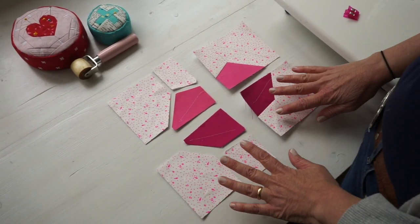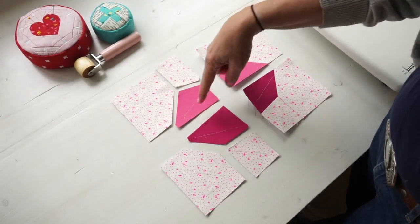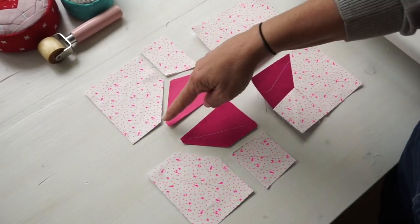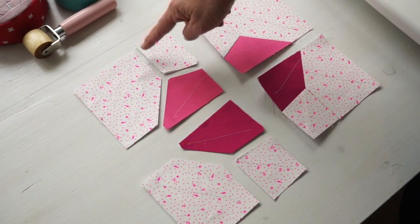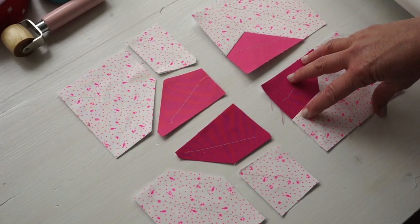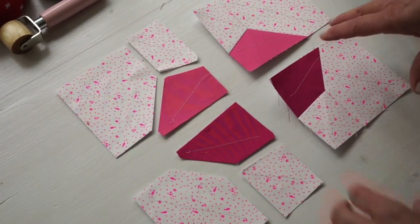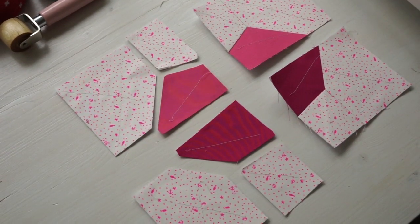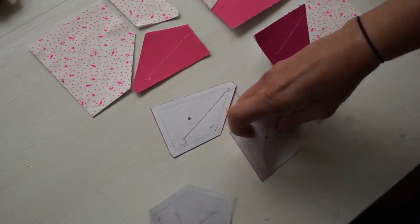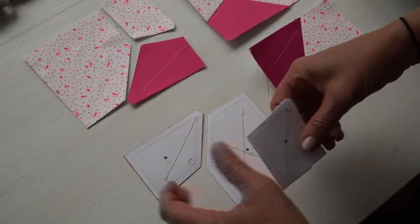Okay, so here you can see the 4 sections of this finished block, and each of them has a Y seam. You can see the Y here in between the 3 sections of each square. So we need to make 4 of these in order to make the full set of lips. If I turn this over, you can see...